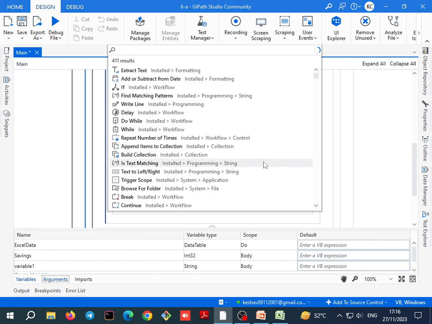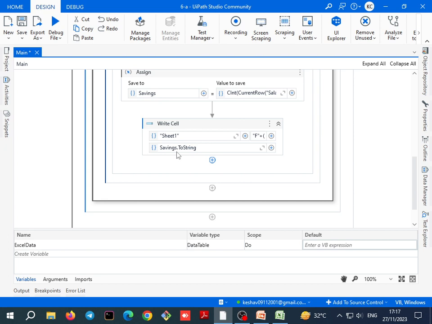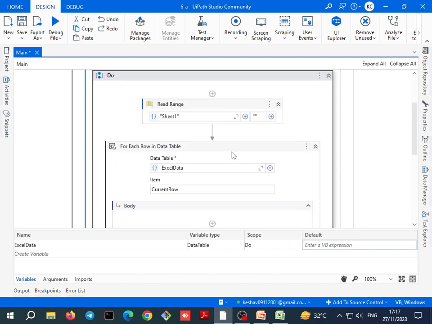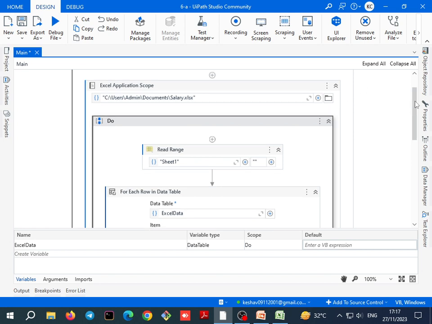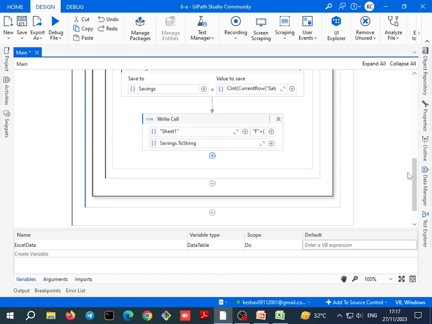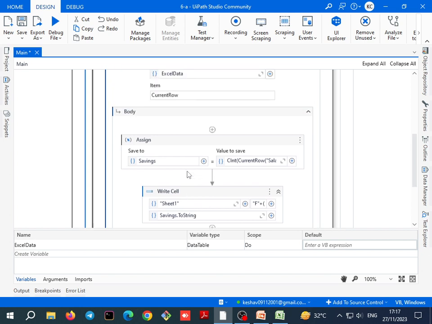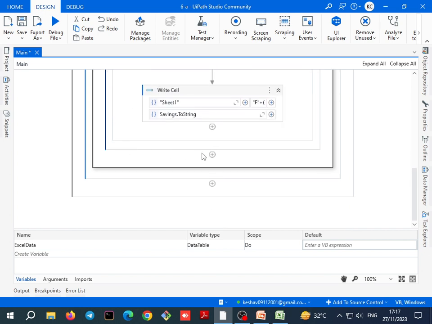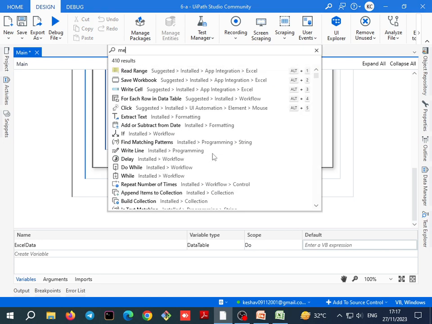Okay, now say savings dot to string. Now further what we have to do, we have to take one message box to print that we have saved the data successfully inside the Excel file. So I'll take one message box here, just come out of this for each loop and take one message box here,